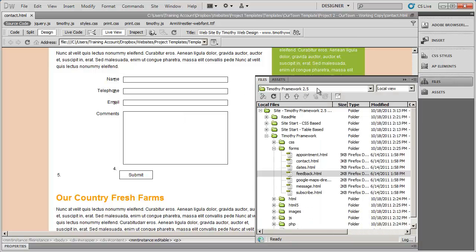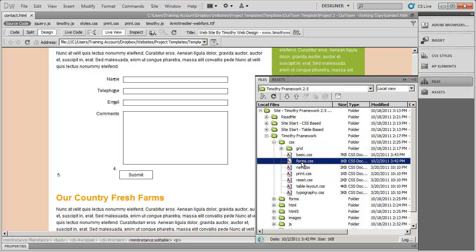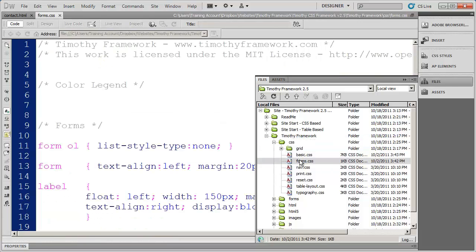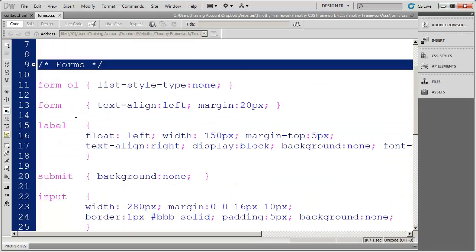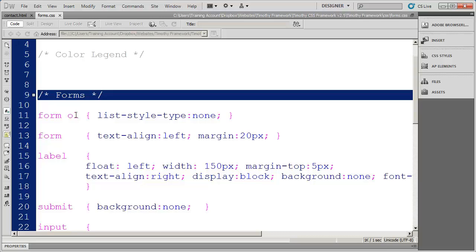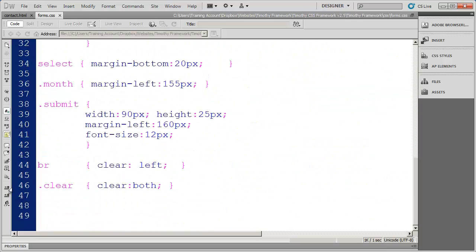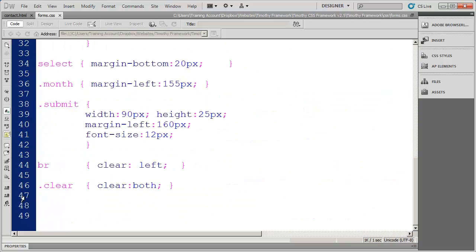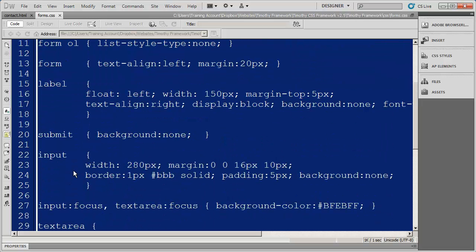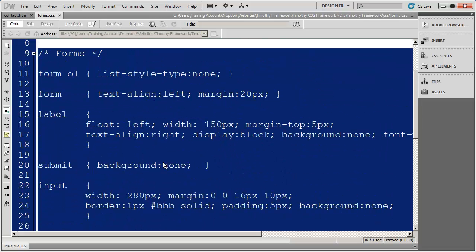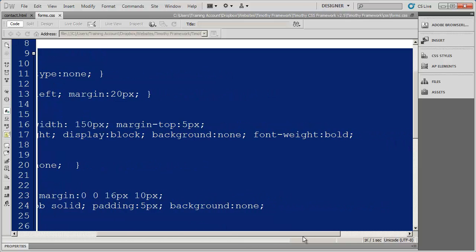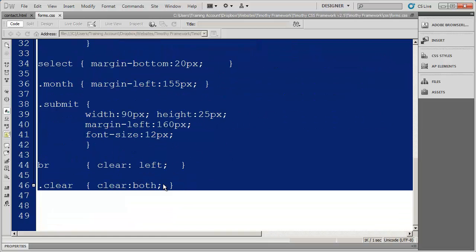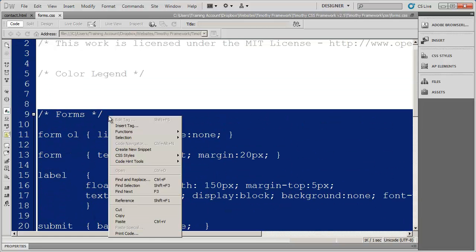For that, I'm going to come again into my framework folder here, and you'll see the CSS folder. And there should be an item here called forms.css, and this just contains some generic form styling. So I'm going to highlight all that code. I'm not going to grab this up here, just everything from forms all the way down. And again, if you don't have the framework, you can just type all this in and get the exact same results. There's not too much code right there, but I have it, so I'm going to copy it,